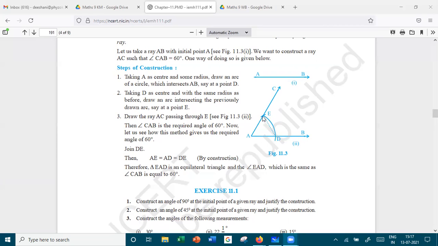right? You will mention that this becomes an equilateral triangle, triangle AED. Triangle AED is an equilateral triangle, right? Therefore, each angle is 60 degrees, and hence your construction is justified. So this is called the justification, right? Okay. Because for the other angles which we will construct, the justification is more based on